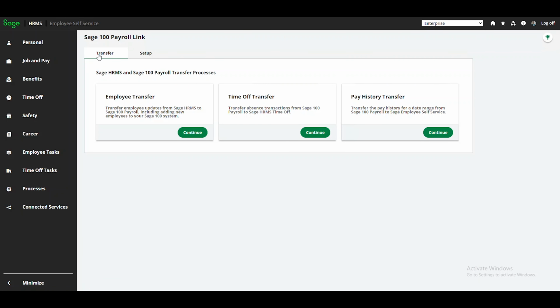I will now provide an overview of the transfer process used on an ongoing basis. The Transfer tab is where this transfer takes place, and you have three options. The Employee Transfer, which transfers and updates employees that are in Sage HRMS to Sage 100 Payroll. Time Off Transfer, which transfers the time taken from Sage 100 Payroll to Sage HRMS Time Off. And Pay History Transfer, which transfers the payment history of your employees from Sage 100 Payroll to Sage HRMS Employee